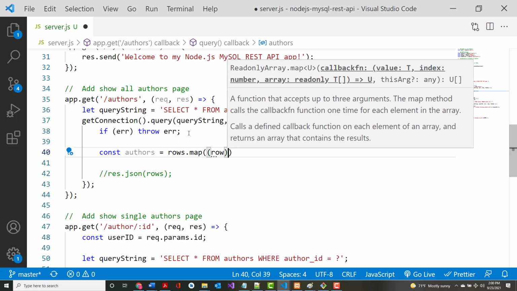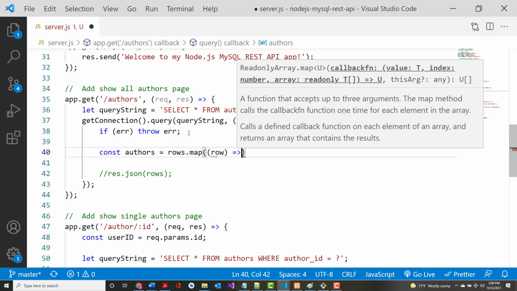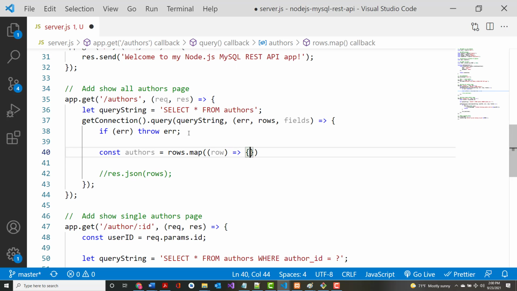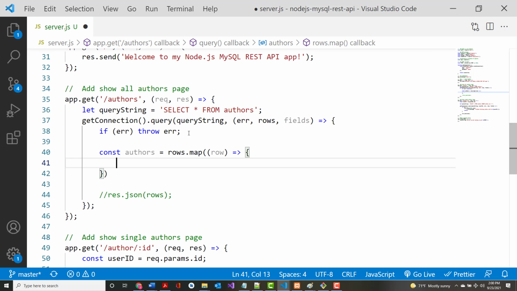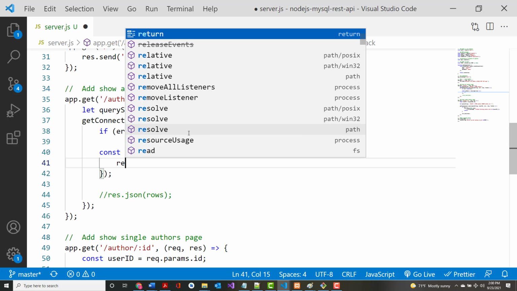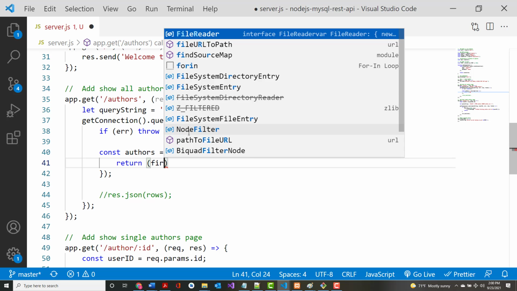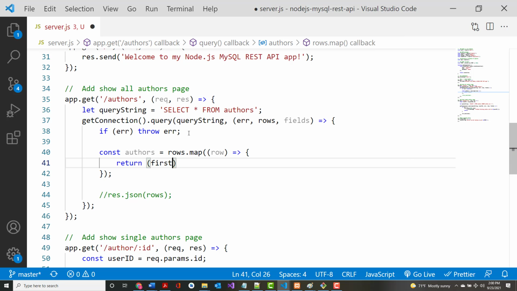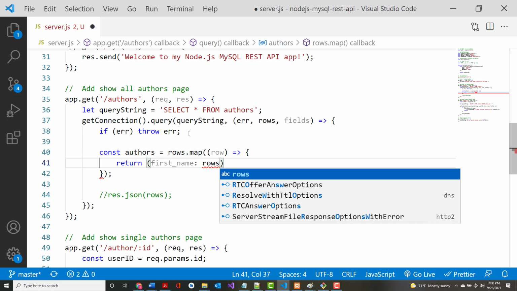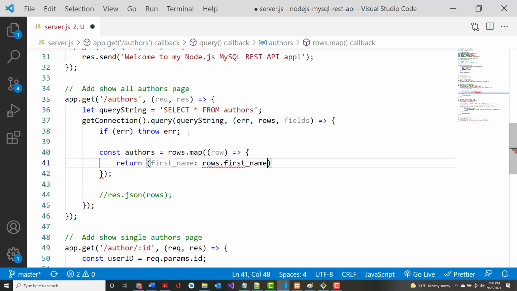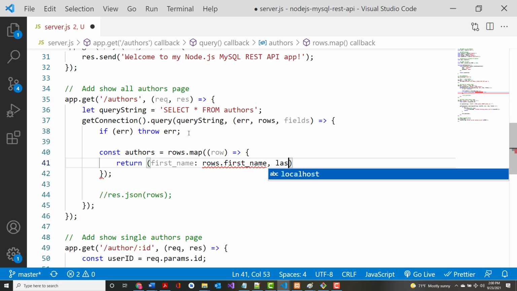All right? But I've got to refer to each individual row with a different name. So since it was called rows, I'll call this row. You don't have to do that, but it's kind of a standard. That's usually what people do. Again, not mandatory. All right. So we're going to come through here and we're going to say return first name. Oops. Try it again. First name. And that's rows dot first name, and then last name,